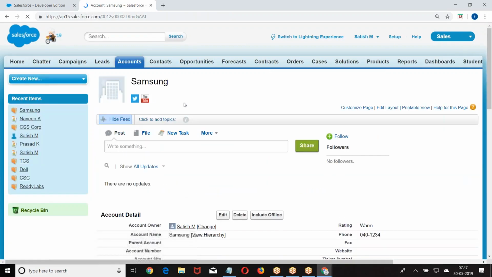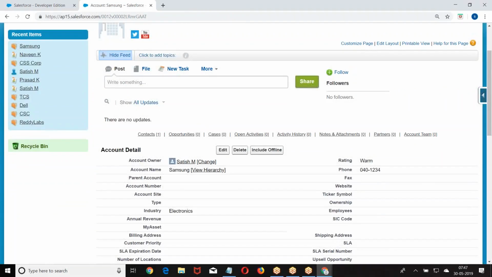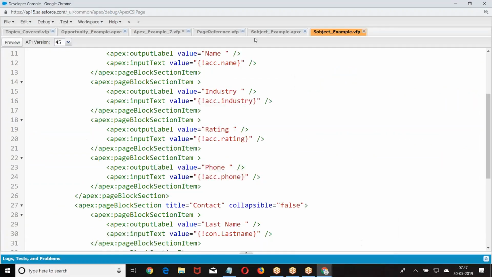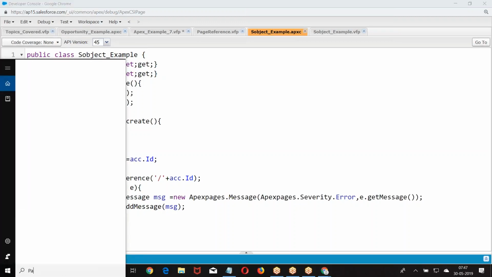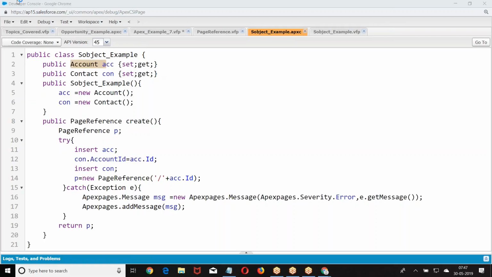This is how we are creating the record, navigating to the corresponding record. I hope you are good with this. Okay. Now what was that? Taking an S object as a data type, trying to create a variable. Are you clear about this context? Shall we do one basic example? We'll try one basic example. Okay. Now try to create one basic example with respect to this.